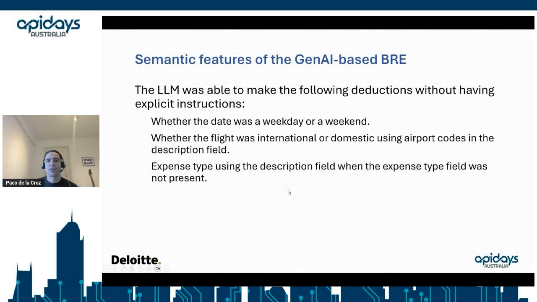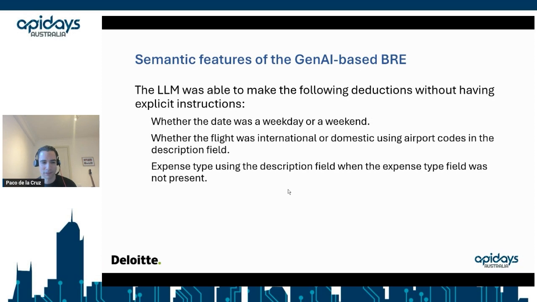So, semantic features of the GenAI based business rules engine, right? As we saw in the demo, the LLM was able to make these deductions, right? So it was able to deduce if it was a weekday or a weekend based on the date of the input expense. It was able to deduce whether the flight was international or domestic using airport codes in the description field.